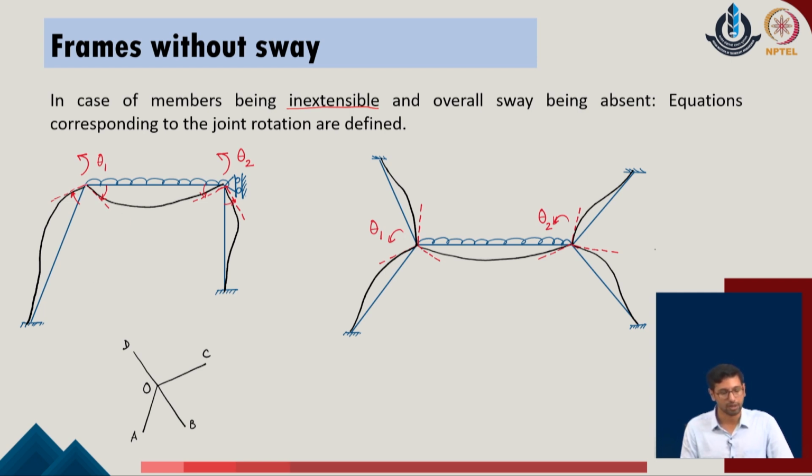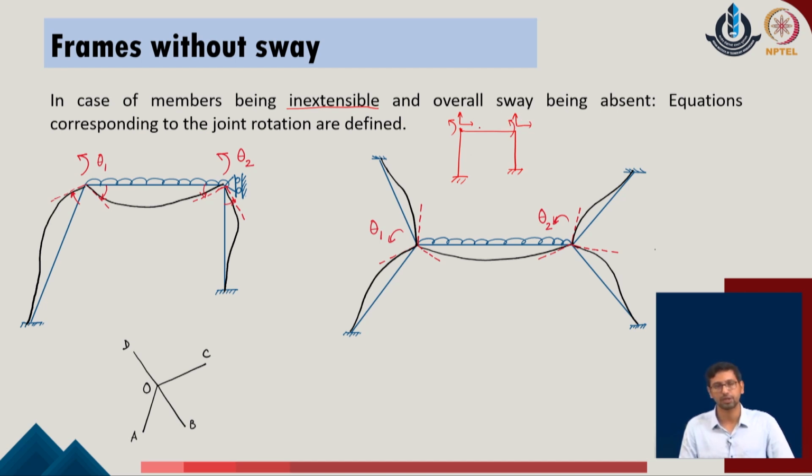If we consider the change of length in the given system, the relative degrees of freedom will significantly increase. So, in a general system of analysis, if we consider that this is a frame, at this point we consider the degrees of freedom, and extension is possible for the given system, that is, the member length can change. So, these are the three degrees of freedom which will be possible at both the ends.